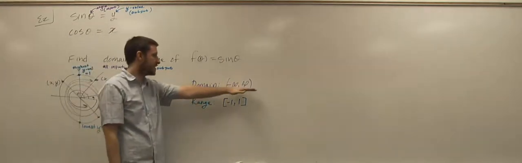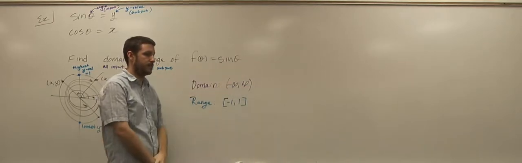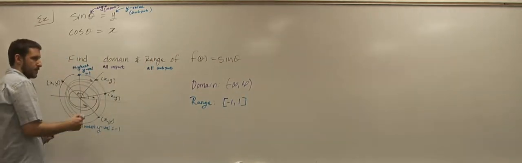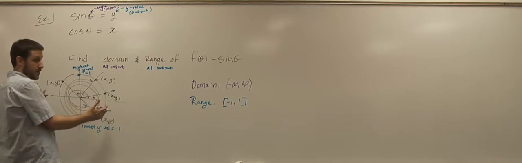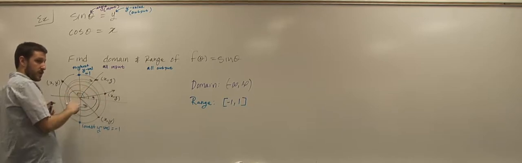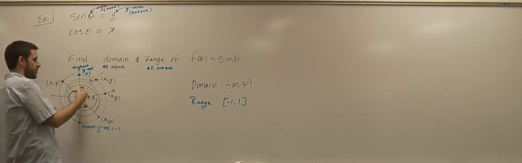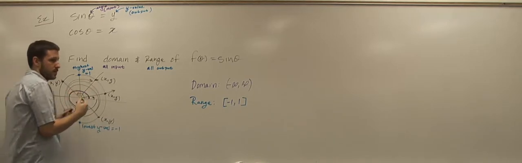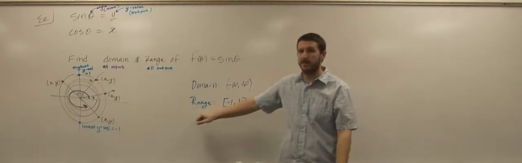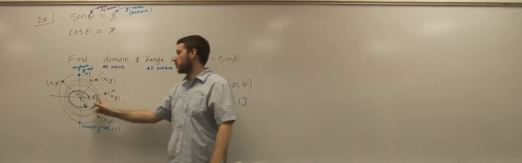So the domain represents the angles that you can put in here. So if you're looking at the circle, it could be everything infinity to the left and to the right? No, it's not left and right. It has nothing to do with left and right. It has everything to do with angles. It has to do with how much rotation you can go. I can go any amount of rotation, forward or backward. Oh, okay. Cosine is actually the same domain and range. Cosine you can put any angle into, and the x and y for cosine